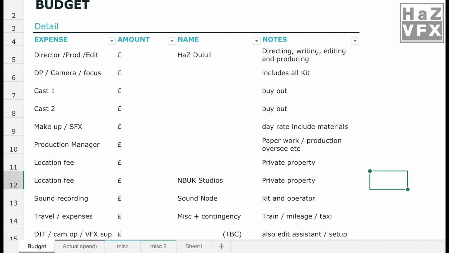When it comes to budgeting, it's all about spreadsheets. So the first part of budgeting is the proposed budget based on the script breakdown. It's pretty much where you map out all the costs you forecast as required to do the production and allocating an overall cost for each department, such as camera rentals, costumes, casting, visual effects, locations, and so on. And pretty much every resource you need to spend money on is mapped out in this proposed budget.